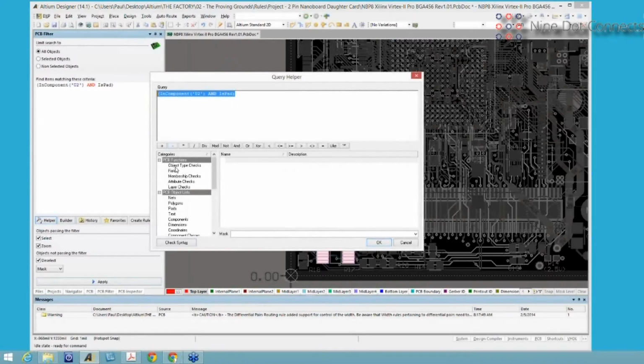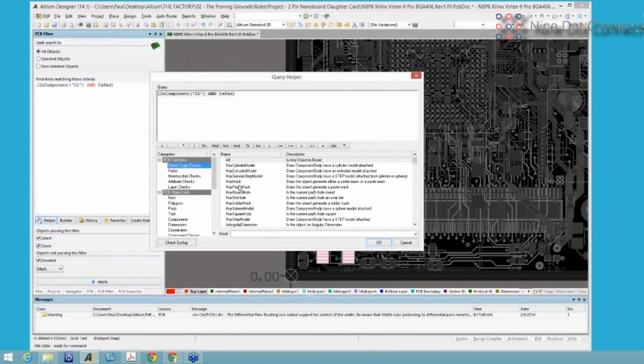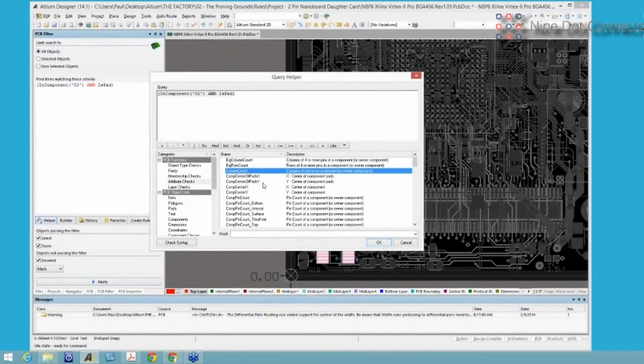So we've got some categories over here, and all these categories represent every single query that Altium has, okay? So if they've got it, it's in here. Now, one other thing I'm going to mention that will probably be of use to you: you'll notice first and foremost that they give a name and they give a description. What they don't do is give you the